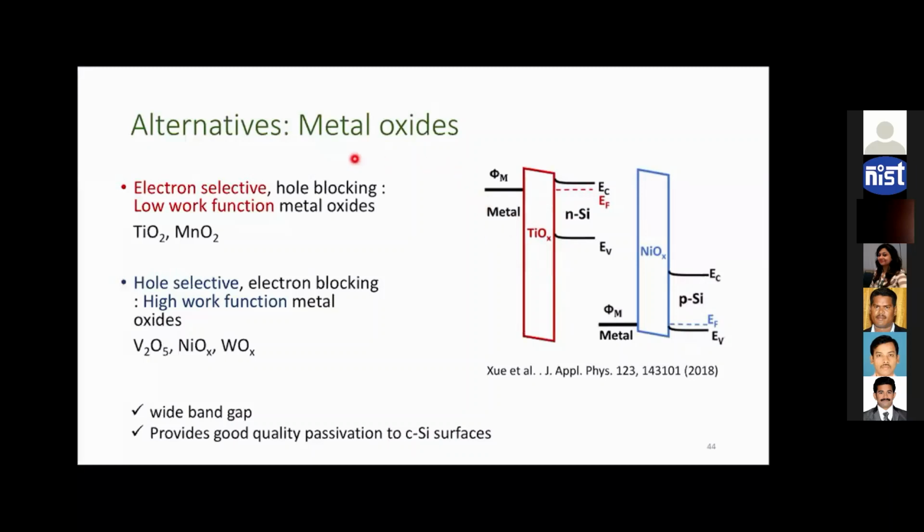The beautiful property that a metal oxide provides is their intrinsic doping effect. That means even if they are not doped, because of the presence of defects, be it a metal defect or oxygen vacancy defect, they conduct to some extent. And if the thickness of this metal oxide is small, the electrons or the holes can nicely tunnel through the defect states present at this interface.